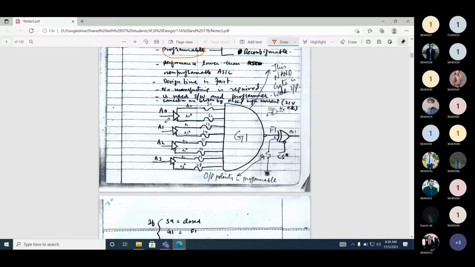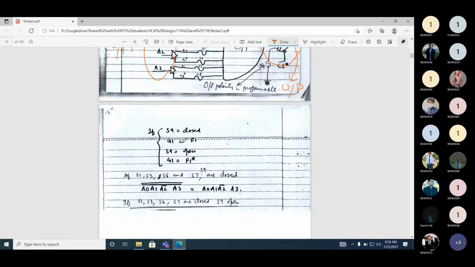Output is G1. So these are the inputs. Can you see? These are the inputs. And this G1 is your output.